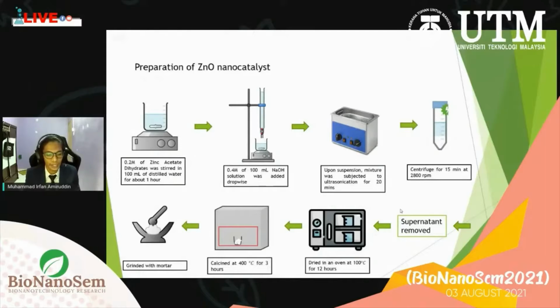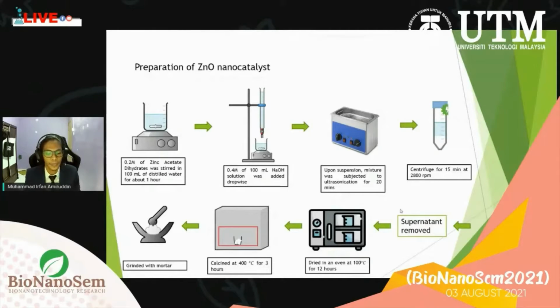In the process, zinc acetate dihydrate was stirred in distilled water for 1 hour, and the prepared sodium hydroxide solution was added dropwise to the zinc acetate dihydrate under vigorous stirring. The mixture was subjected to 20 minutes of ultrasonication and was centrifuged for 15 minutes at 2800 RPM. Then the supernatant was removed, and it was kept in a hot oven for 3 hours at 100